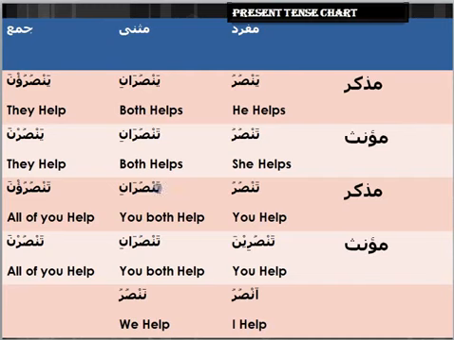Like we did harf of jar and harf of nasab, and then we found out why harf of jar and nasab look the same. When we did video number 3, you thought it was not possible to identify them, but now you know. Similarly here as well. If you know the pronoun chart, it is a piece of cake for you, because they follow the pronoun chart. And here you will have to add a word at the beginning,